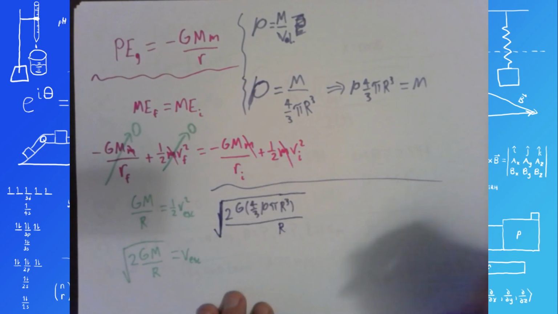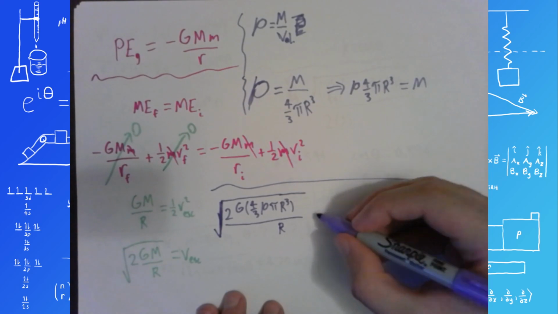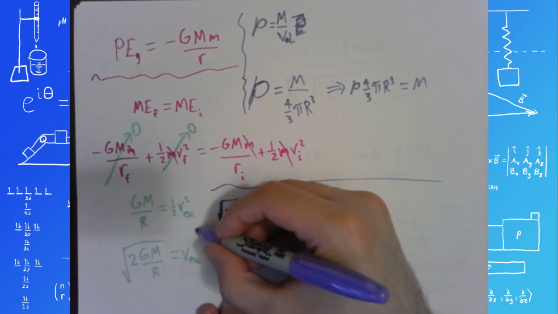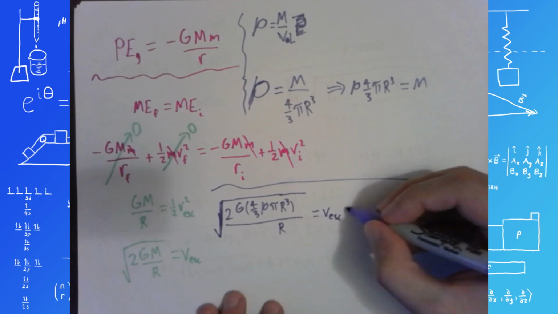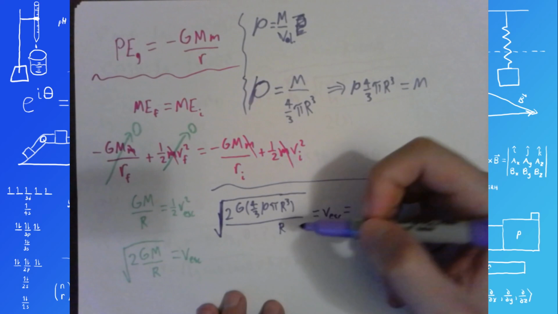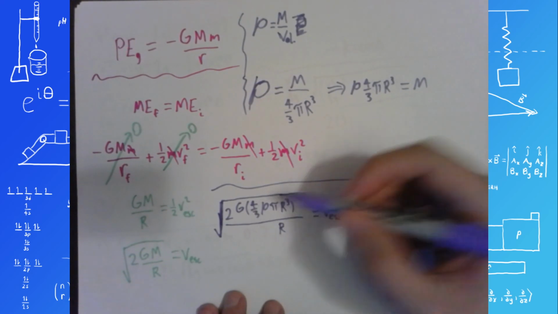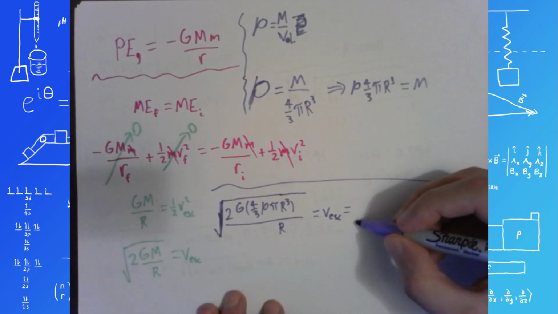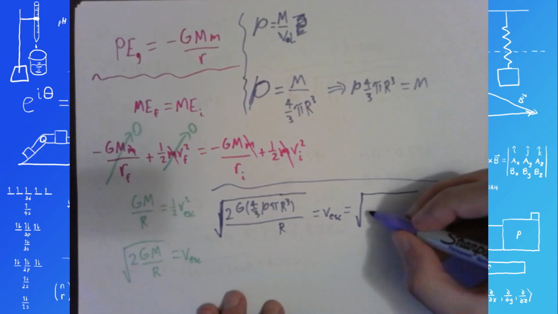There we go, that's better. Reduce the r by 1 power, and you've got, I probably should have written v escape over there, v escape is equal to the 2 and the 4/3 becomes 8/3, and I'm going to write this as the square root of